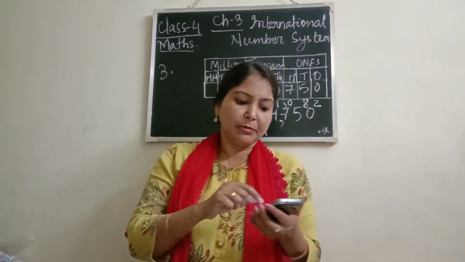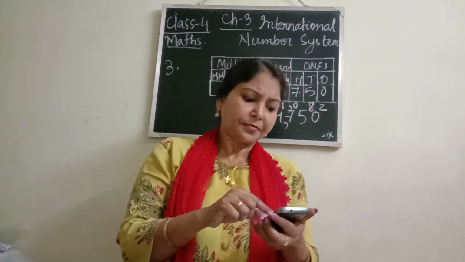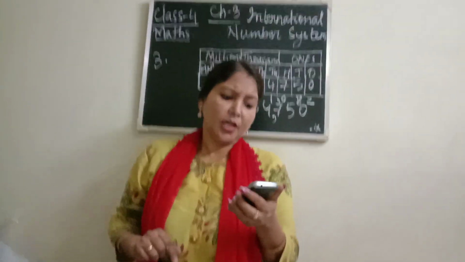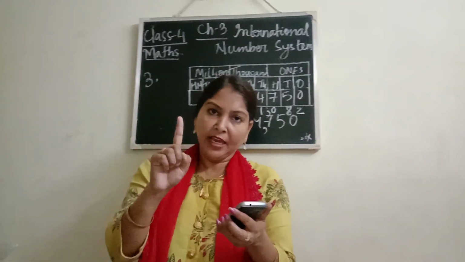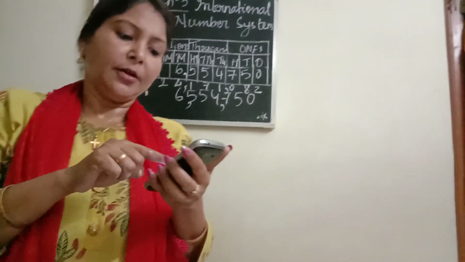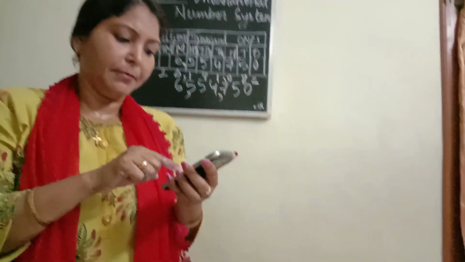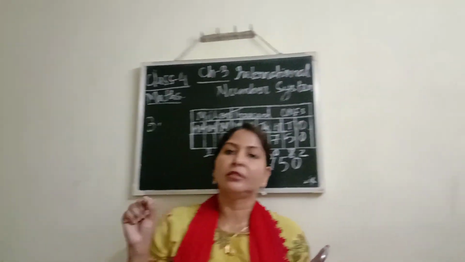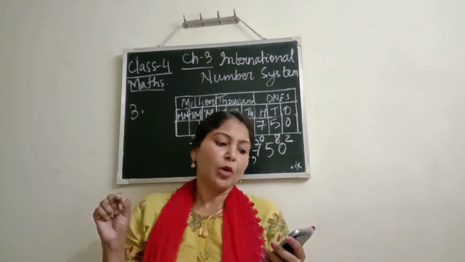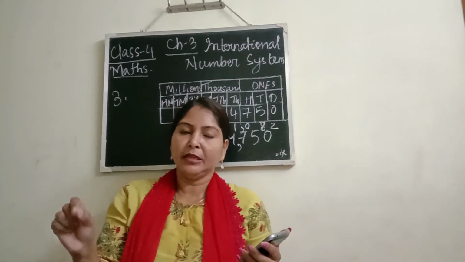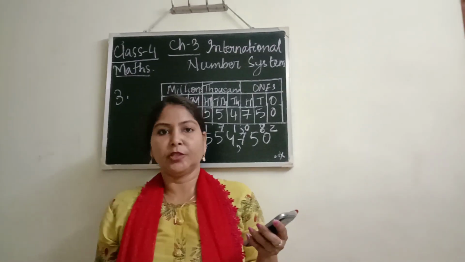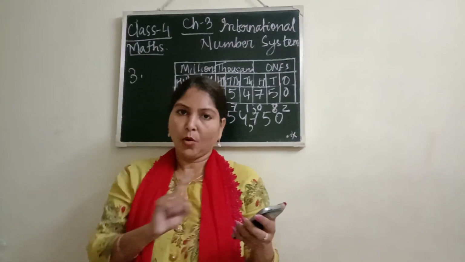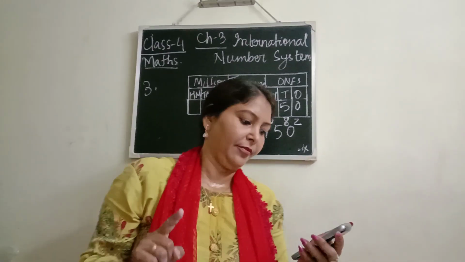So you will do question number 3 also in the book. Then we move to question number 4. Now you see, in question number 4, write the following numbers in Indian number system and international number system. You have to write the given number and their number name also. The numbers are given and there are no commas separated. So you have to write the numbers in both the Indian as well as the international number system. So I will show you one on the board and the rest you will do by yourself.